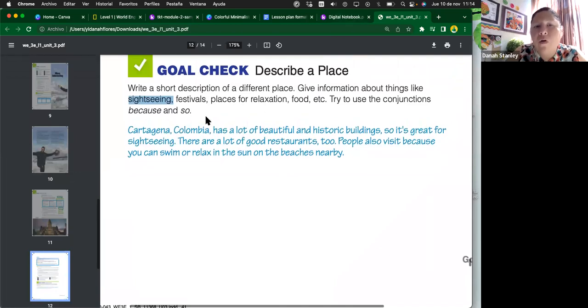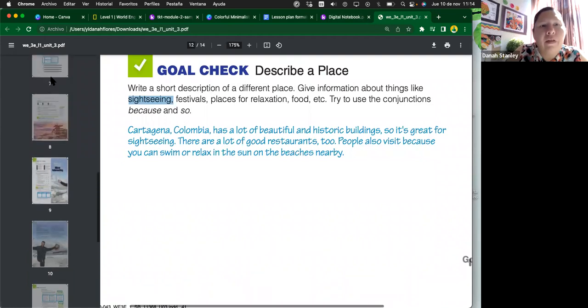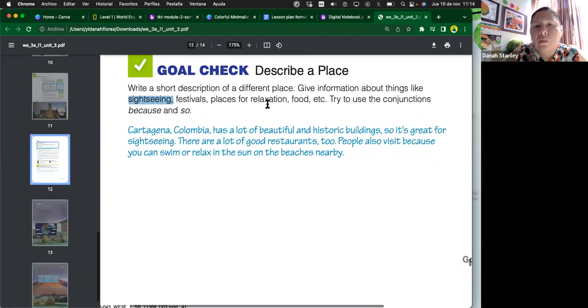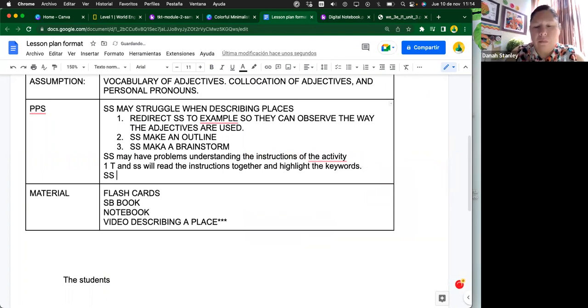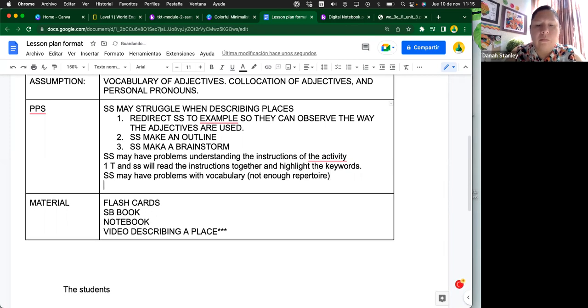Probably they don't have enough vocabulary because of the vocabulary that comes in the book to describe this. Solution, teacher,